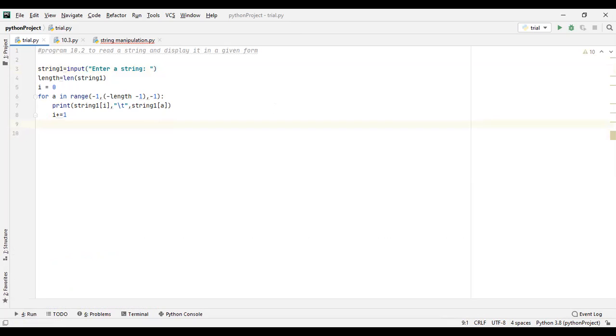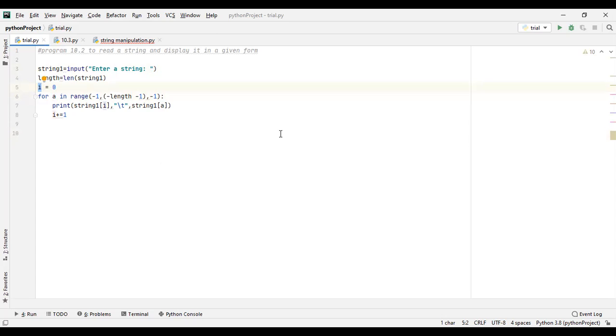And how do we do this? Again, this remains the same up till here. This remains the same. Addition is I am taking one more index, I equals to 0. Okay. So in the previous one, we were using the back, we were using this A option to print in the backward manner. Now we are using the I option to print in the front manner. So we are using two indexing, back indexing and front indexing. And we are not making any new string for this. We are using the